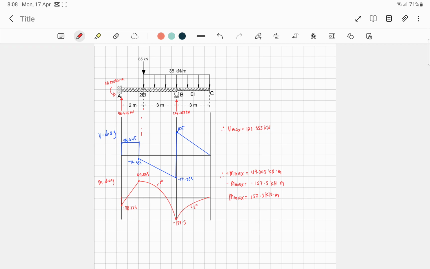So, yun lang for this lecture video. I hope you learned something in analyzing prop beams. Okay, so next is for restrained beams, maybe, and then I will discuss the fixed ended